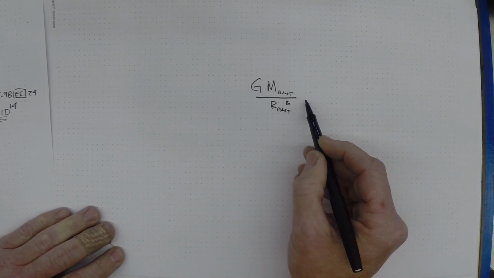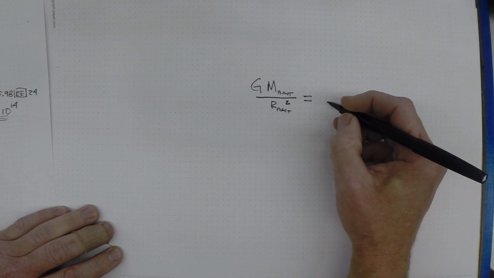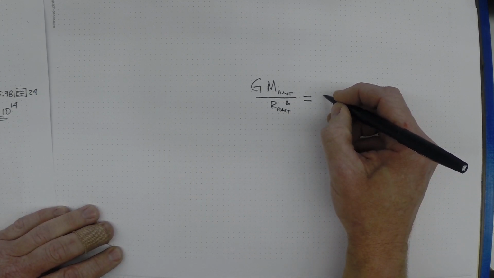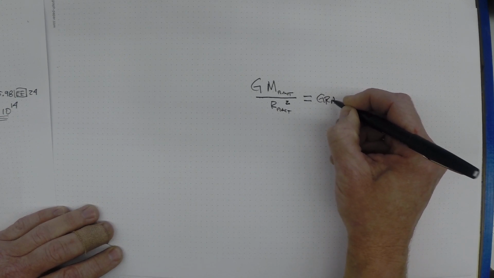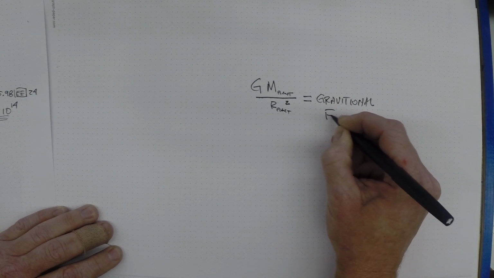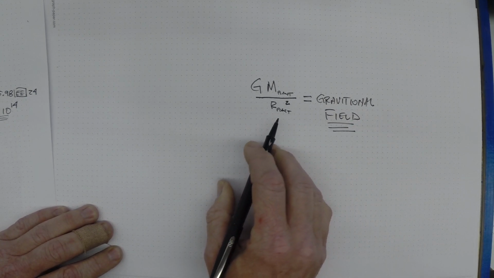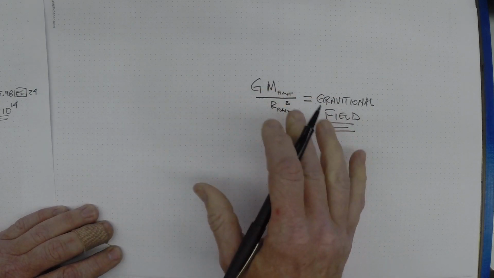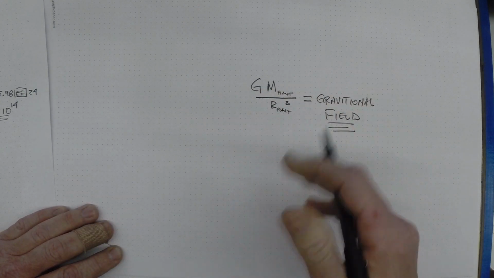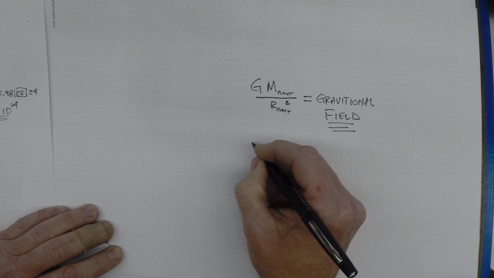This right here, which for us boils down to G, is the equation you would use to find the gravitational field on that planet. And so for Earth, a whole nother way of looking at G, other than the acceleration that something will have if you put it into free fall,